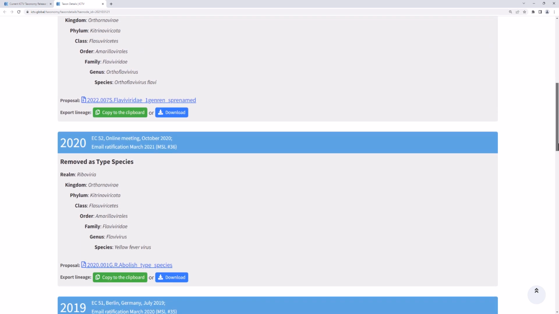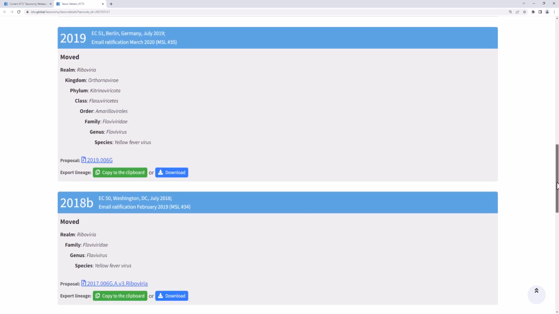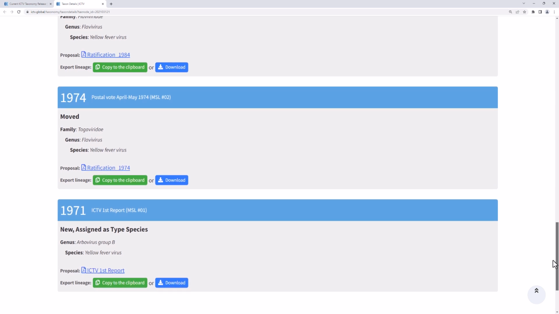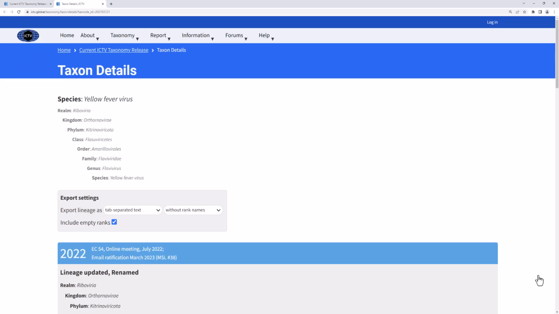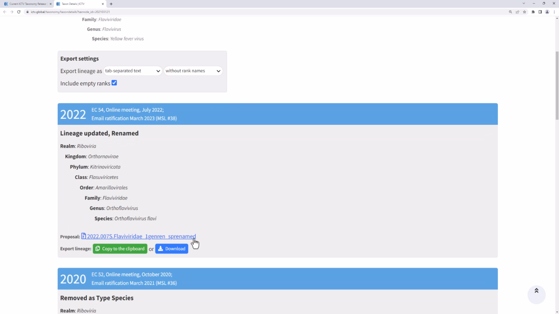However, in the 2020 MSL release, MSL 36, the species was removed as type species, since type species were abolished in 2020. Scrolling down further in the taxon details shows all of the changes for the species going back to 1971. You will note that for each taxon change, there is a URL for the proposal for the change. Clicking on this will download the zipped files,